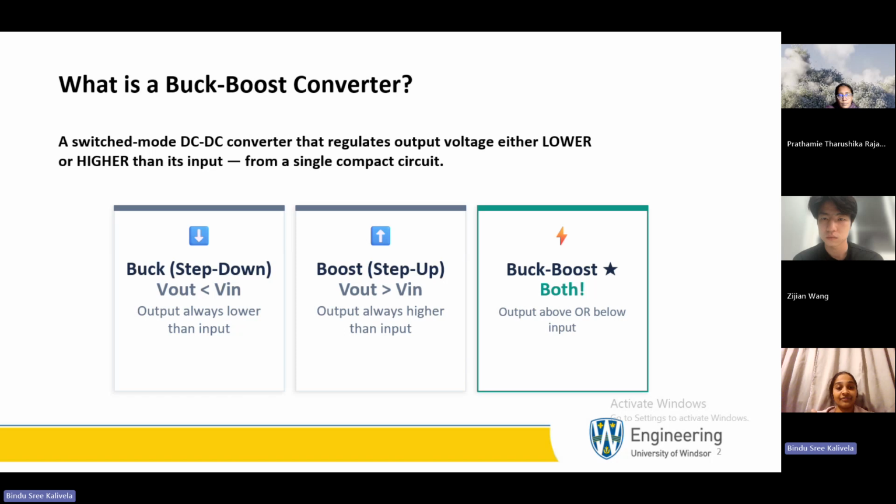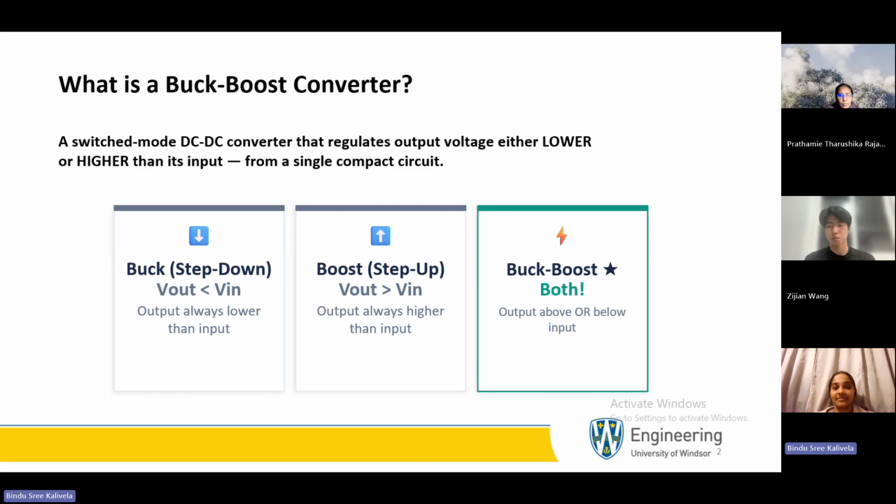Coming to the buck boost converter, a DC to DC converter changes one DC voltage level to another. There are three main types: the buck converter, the boost converter, and the buck boost converter. The buck converter reduces the voltage so that the output is lower than the input. The boost converter increases the voltage so that the output is higher than the input. The buck boost converter can do both. It can produce an output voltage that is either higher or lower than the input. Because of this flexibility, buck boost converters are widely used in battery powered devices and